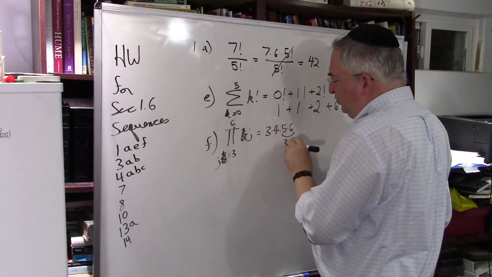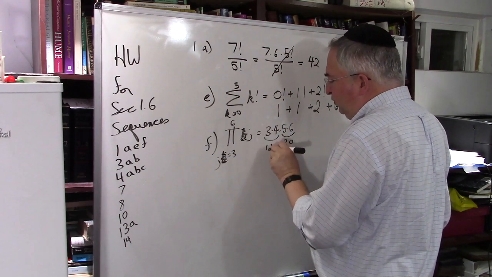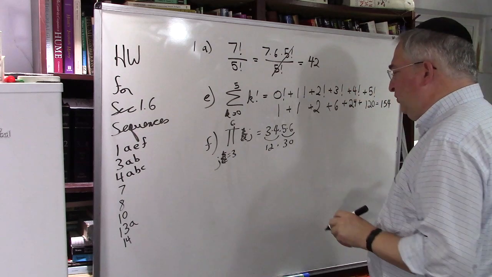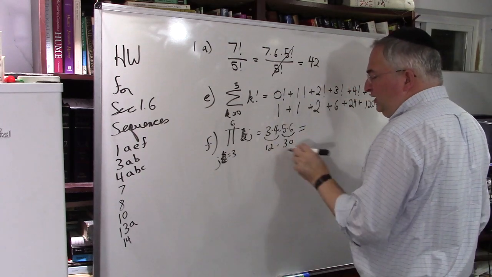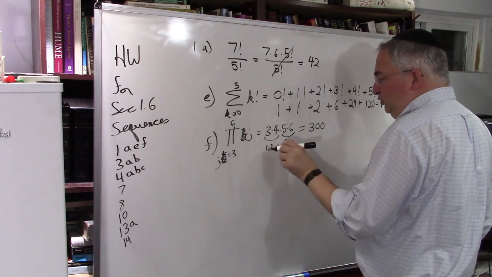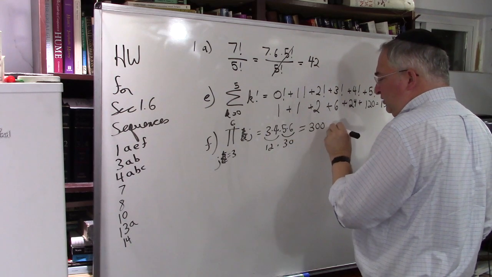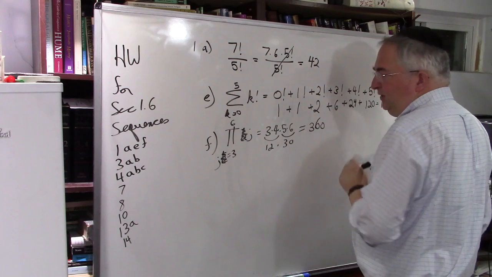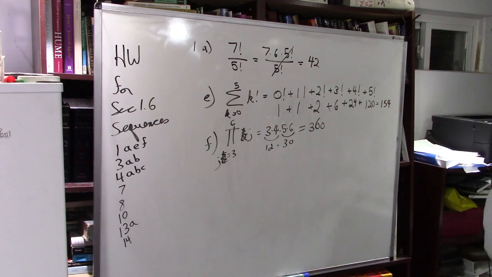6 times 5 is 30. 3 times 4 is 12. 12 times 30 is 10 times 30 is 300, and 2 times 30 is 60, so this is 360. Okay, great. Next,